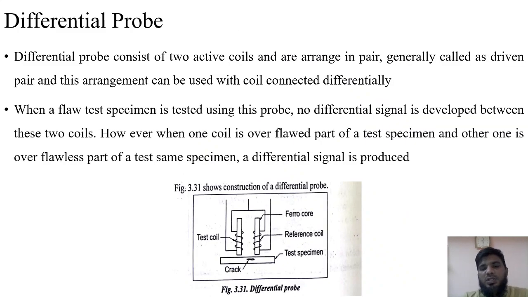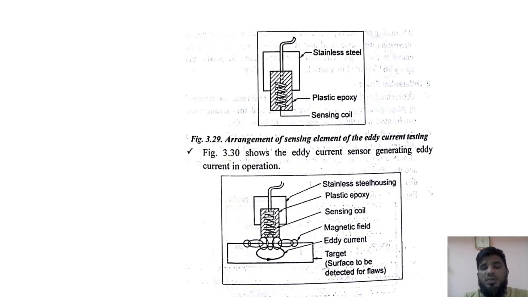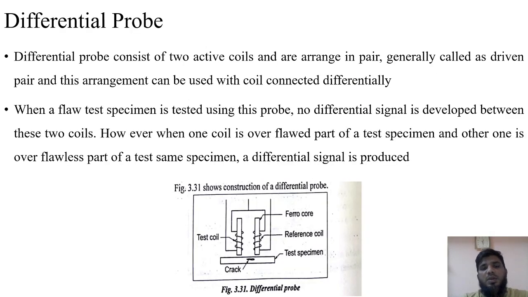Okay, next is differential probe. In this differential probe, what we generally do is we have two coils, similar to the surface absolute probe. In this there will be two coils, where one coil is directly fixed to some reference value like 0. So this is a reference value. To this, another test coil is arranged, in which we don't know how much amount of flux is going to flow. With the test specimen which has to be tested, we will bring these two, reference and test coil, close to the surface. Because of this, it will send some amount of current around this crack.